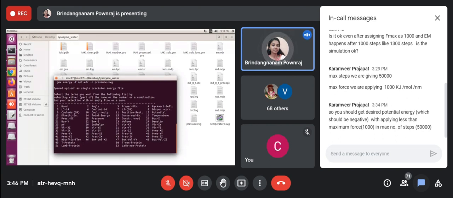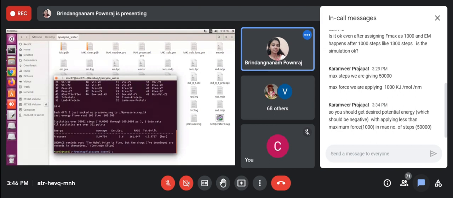So pressure number 18. So you have to select the group. Then you can visualize in Grace. So I selected 18 and to end this command, 0.